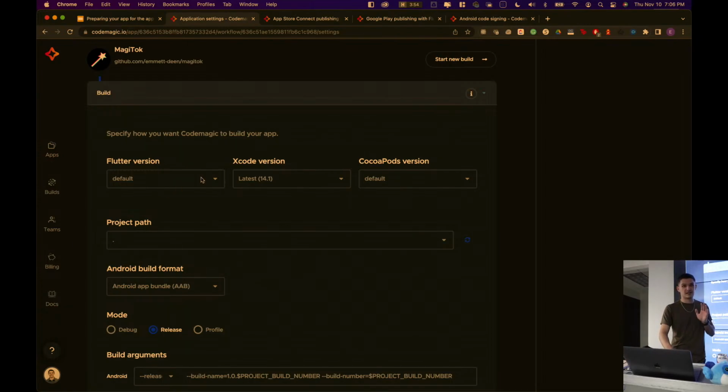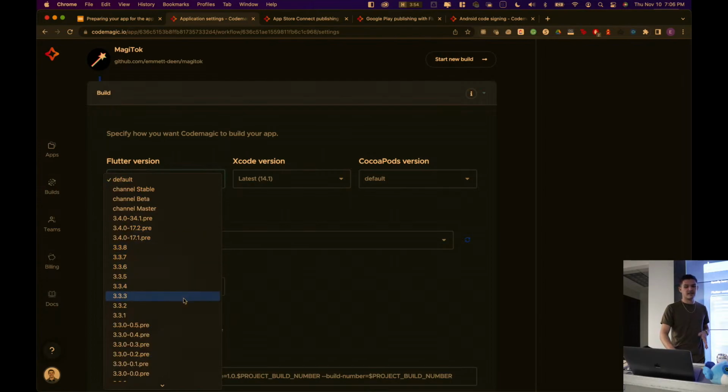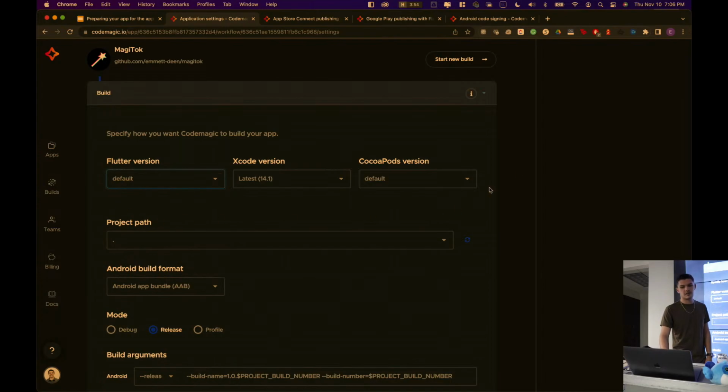But if you need a specific Flutter version, you can specify this here. They're very quick on updating these and coming out with the latest. They have a Slack channel if you ever need help, and you can just send them a build ID if something goes wrong. So here's where you're actually going to set up most of your versions with your Flutter, Xcode,